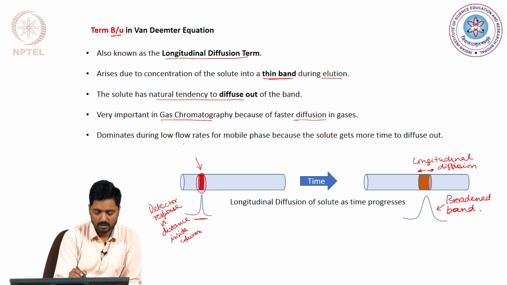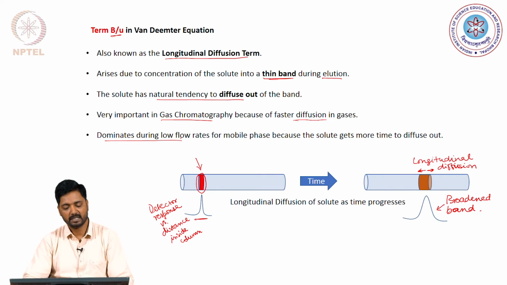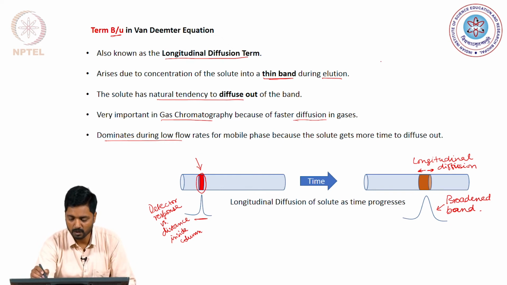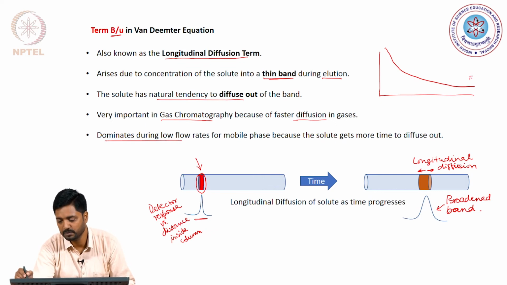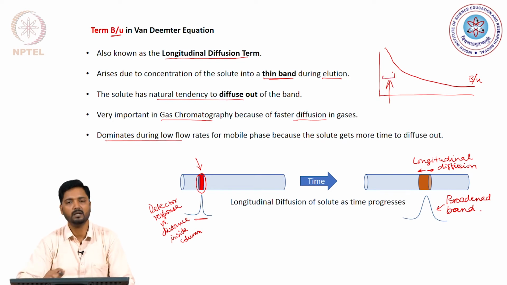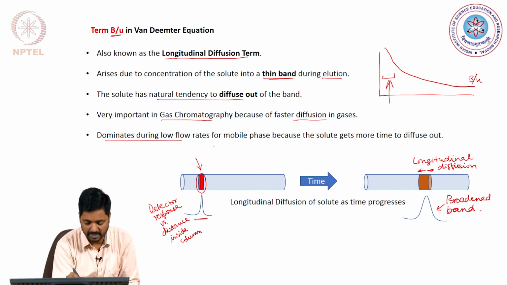Of course, the B by U term, or the longitudinal diffusion term, is a dominant term at low flow rates, because as we can understand, when the flow rate is small, this was the profile that we had for the B by U term. So, at low flow rates, which is this regime, the longitudinal diffusion term has a very high value, and that is because at low flow rates the solute spends more time inside the column